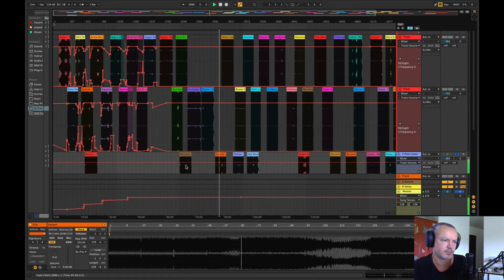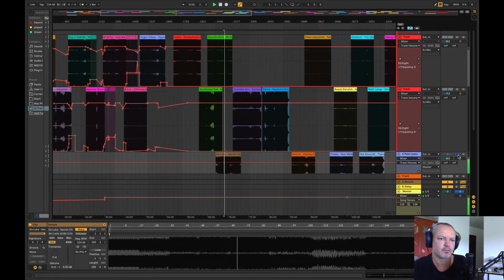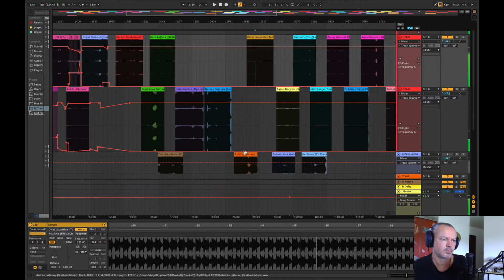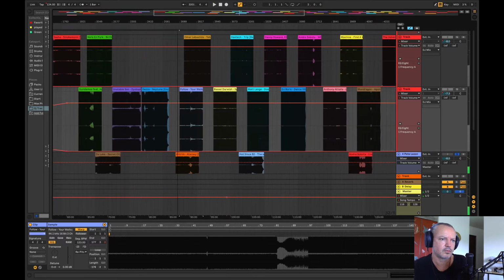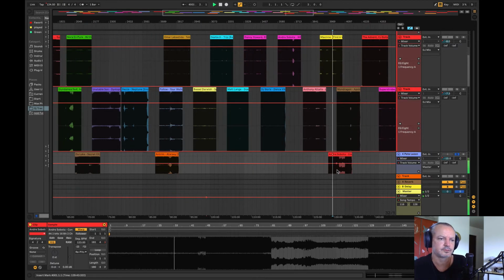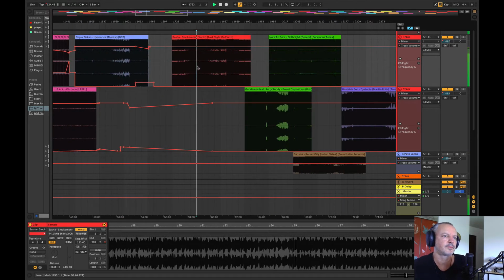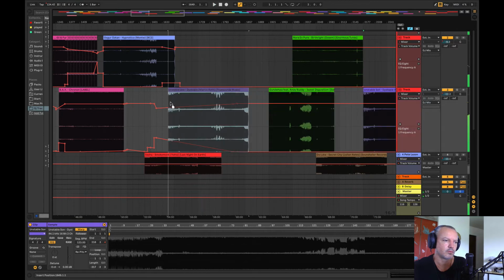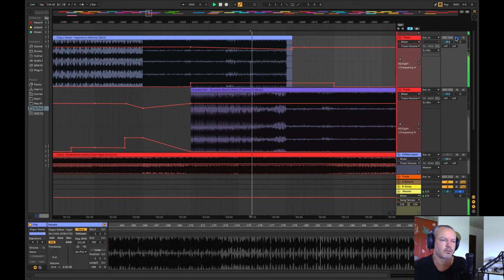What are these? This could be just drums, but